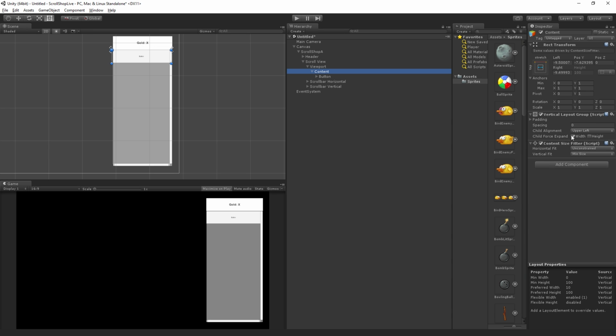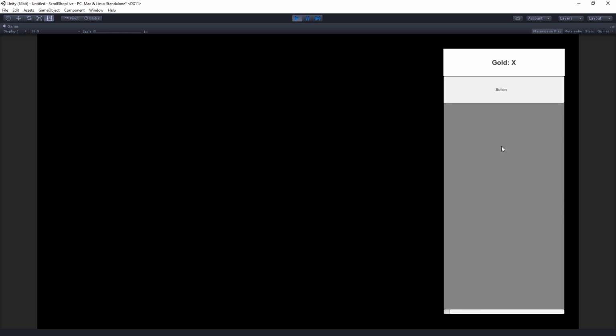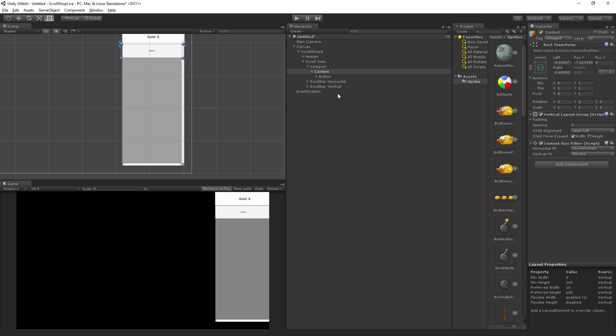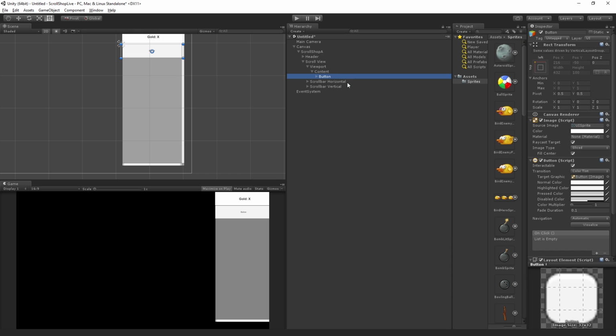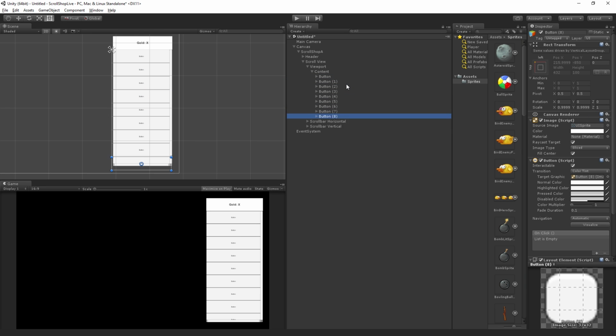And we're going to child force expand the width in the vertical layout group to fit it to the width of the panel, but not the height. And if we just maximize for a sec so we can see it, this is what it looks like. We've got this button that's nicely aligned and that fits the horizontal space while still maintaining its height of 100 pixels. And if we duplicate lots of these, we can see now that we get our